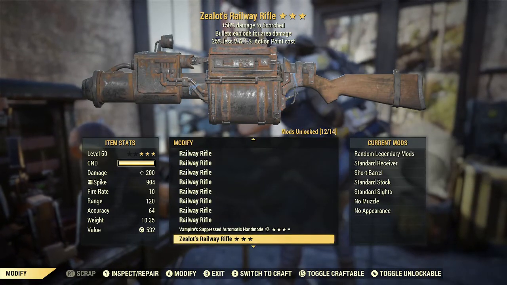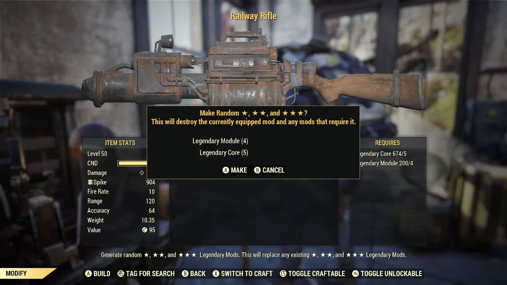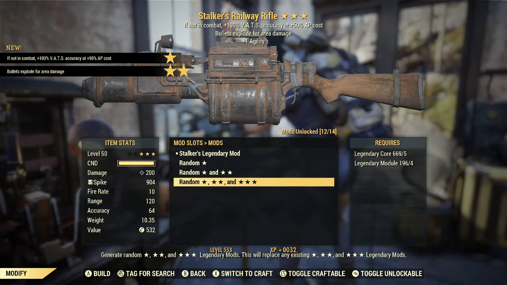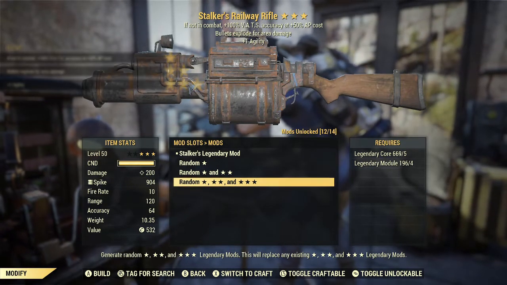We've got several more tries here, so let's just do it again. Come on, quad explosive. And here we've got a Stalker's explosive with +1 agility, so I don't know if the game's teasing me or what here,